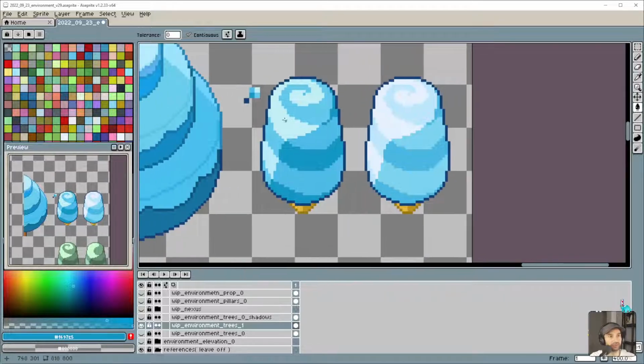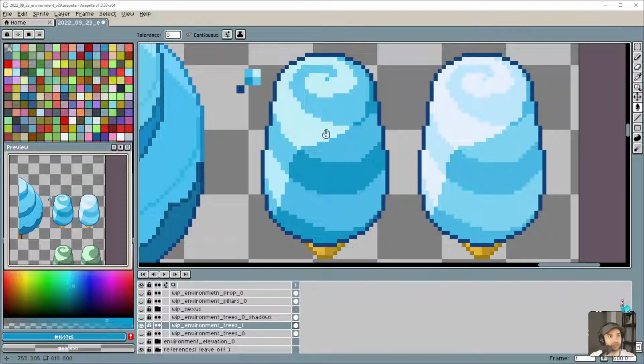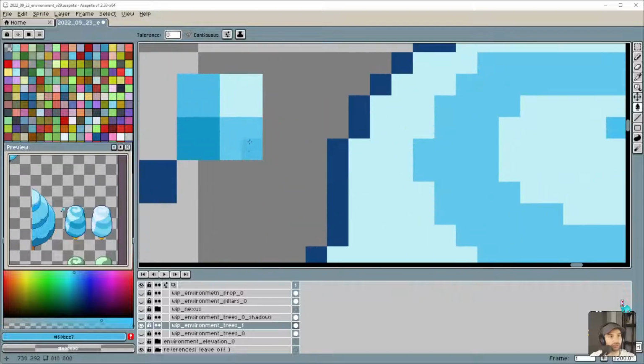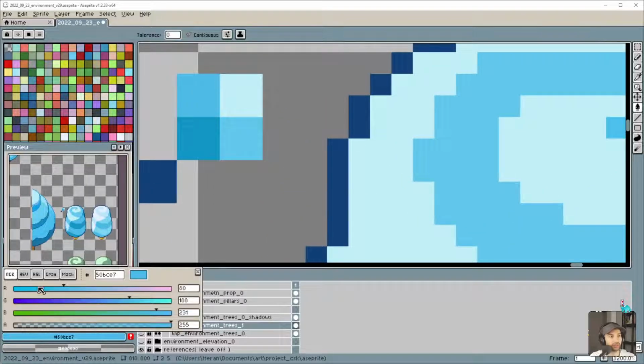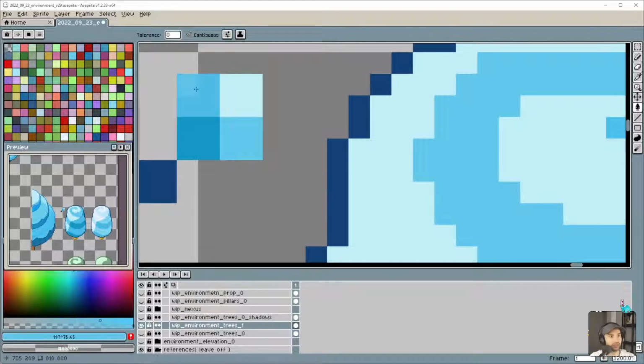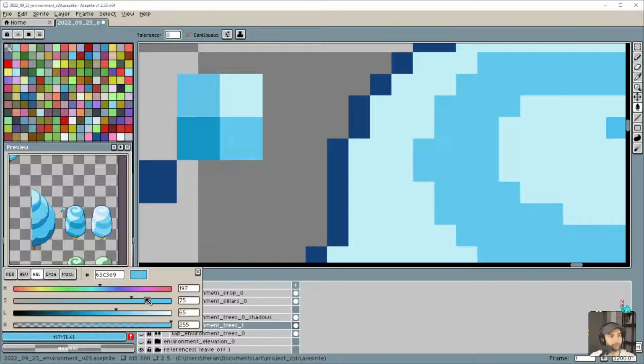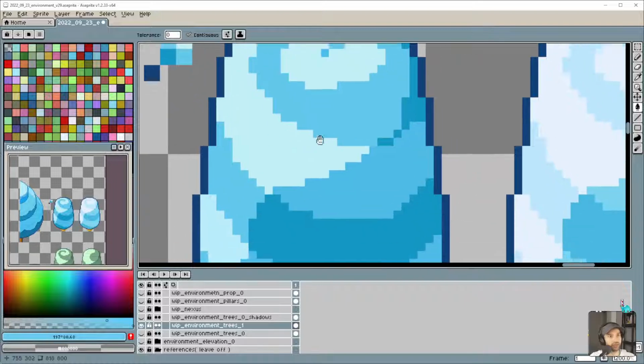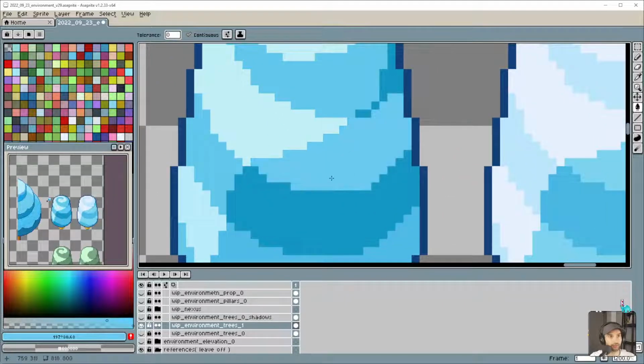I think I prefer this a little bit, but still it's a tiny bit too much, specifically this color here. This one was too much. So this one we need to kind of tone it down a little bit. So let's soften that up a bit. A little bit more. Yeah, I think that works. Let's try that.